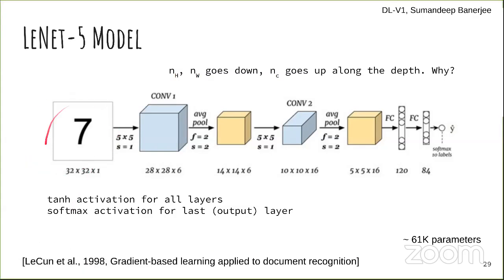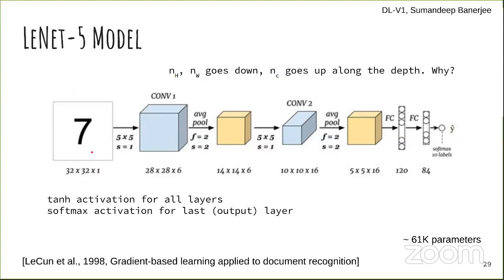It tried to solve the problem of handwritten digit recognition. At that time in 1998, given the compute power, it could work only on a very low resolution image of 32 cross 32 cross 1. That means only a grayscale image, no color,